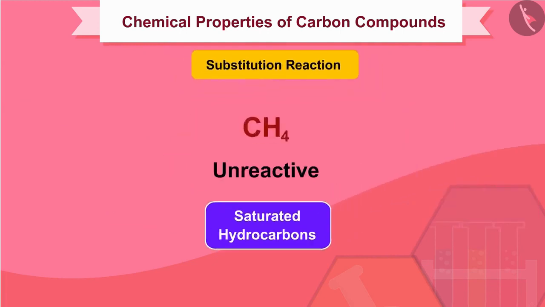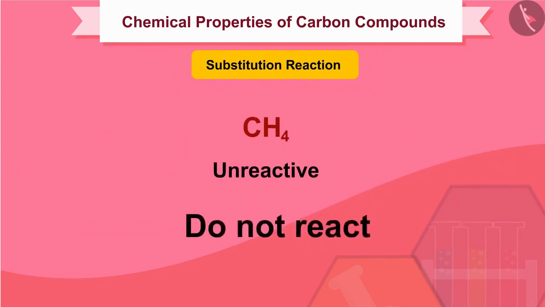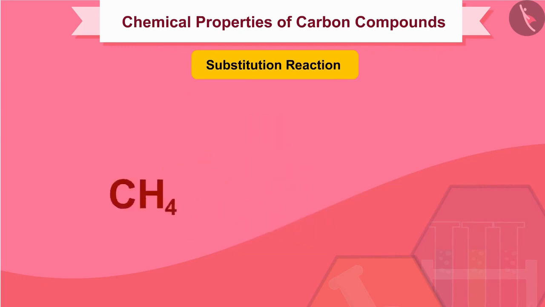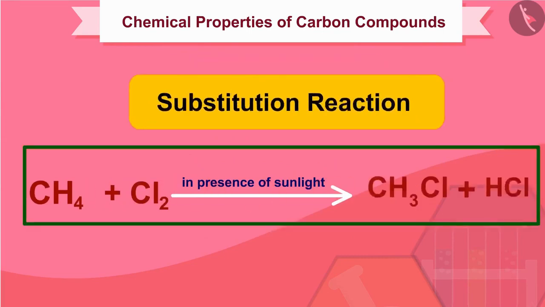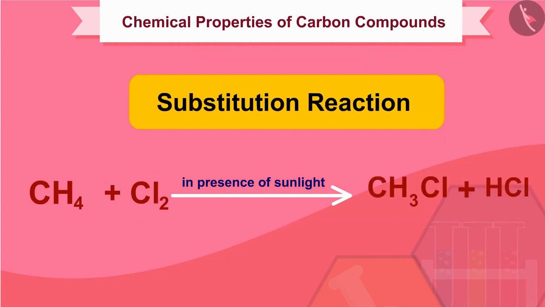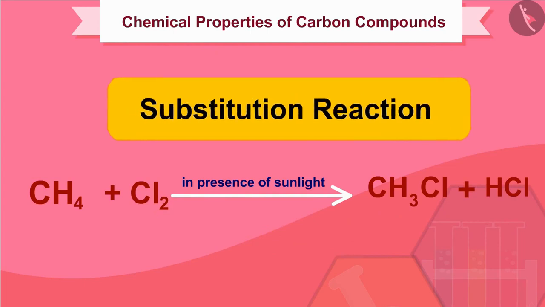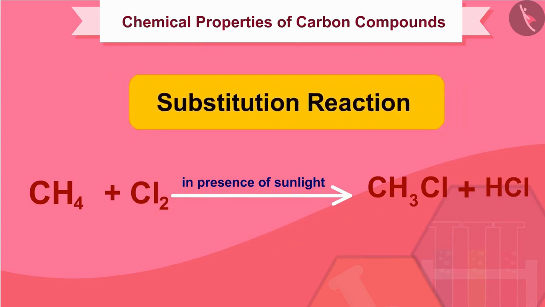Saturated hydrocarbons are quite unreactive and do not react with many substances, but they undergo substitution with chlorine in presence of sunlight. Also, since this substitution is taking place by chlorine, it is called chlorination. Chlorine can replace the hydrogen atoms one by one. It is called a substitution reaction because one type of atom or a group of atoms takes the place of